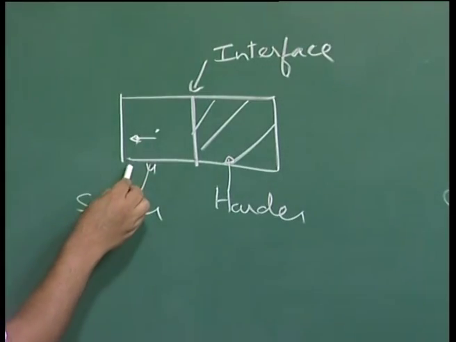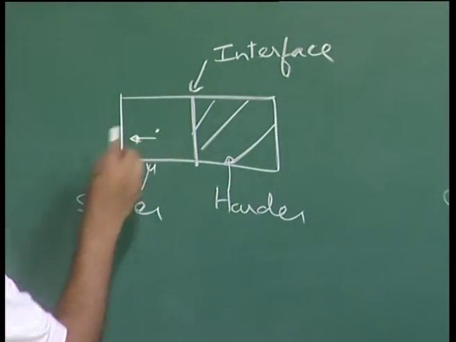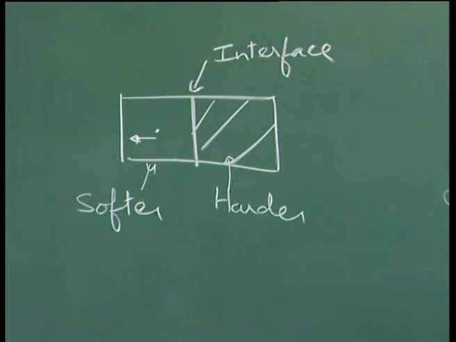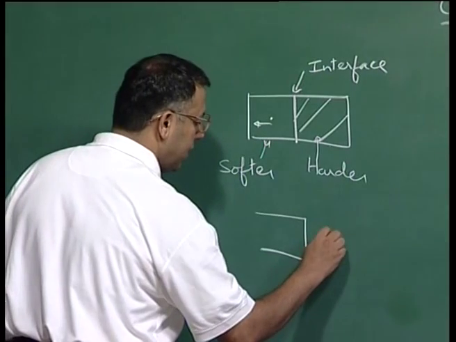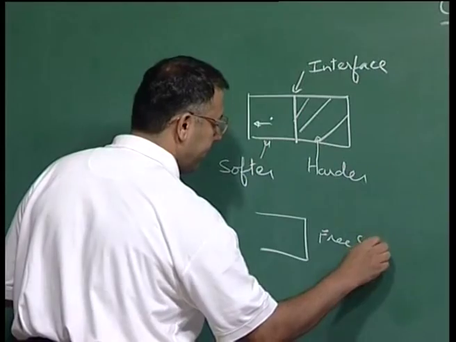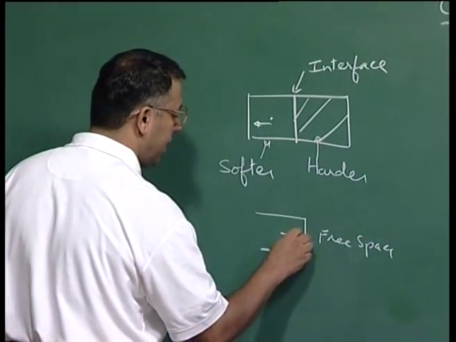So, I have my softer material on the left hand side, my harder material, and a dislocation sitting here going into the plane of the board. Then this dislocation would be repelled from this interface, while on the other hand, suppose you had a softer material or a free space here, then the dislocation will be attracted towards this free